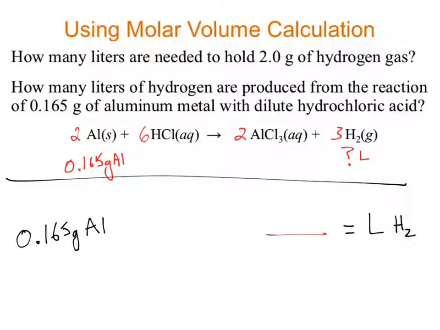So I could set up a conversion factor where liters of H2 needs to be on top. Why does it need to be on top? Because that's where it needs to show up in my final answer. And what should show up on the bottom? Moles of hydrogen. What are the numbers associated with that conversion factor? 22.4 liters is 1 mole. So this does bring in the liter unit, but this makes things complicated because I now have